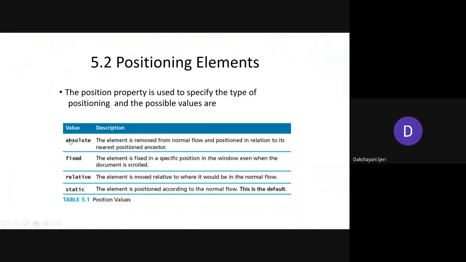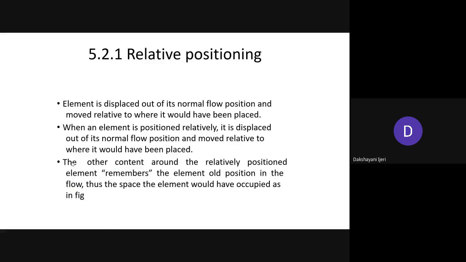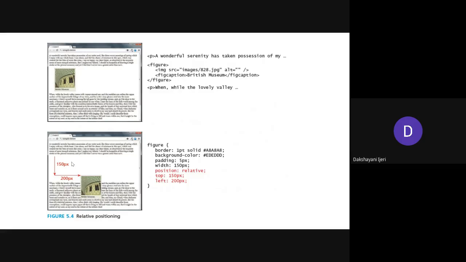So I have shown you the absolute and the relative. The fixed is just going to fix that element at one position in your entire screen, no matter whether you scroll the content or not. Even if you scroll, that content is going to stay fixed at that one position. Whereas static just follows the normal flow as done by the browser. Okay. So I have shown you the difference, right? The same difference you have observed in the execution is given in this slide.